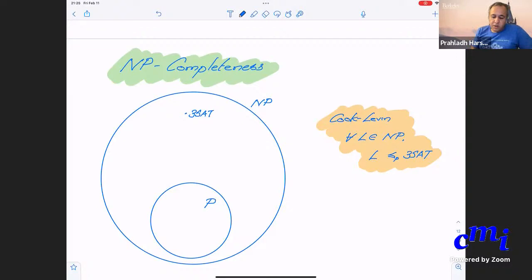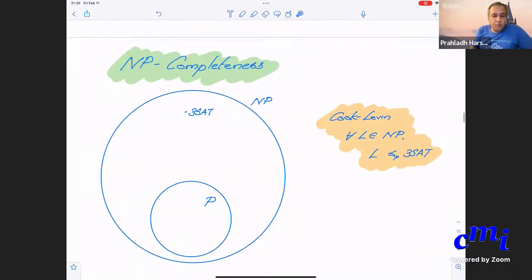What is the notion of NP completeness? You look at the set of all problems in NP. We know that these are all problems which we believe are hard. You ask, is there a hardest problem in NP? And in fact, Cook-Levin in the 70s did show that there is some problem which is called, say, 3-SAT, which is,